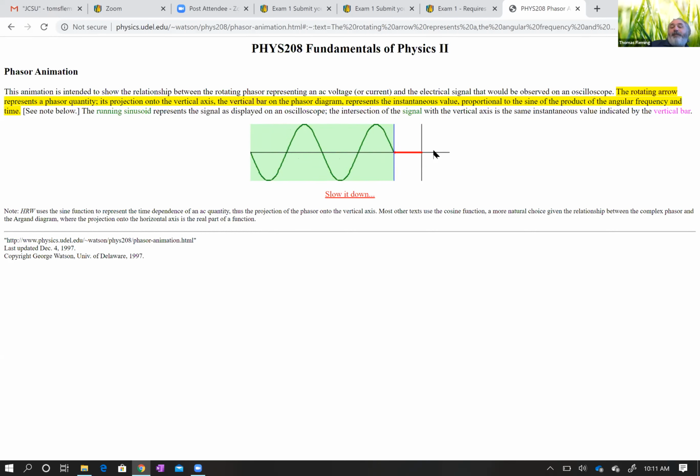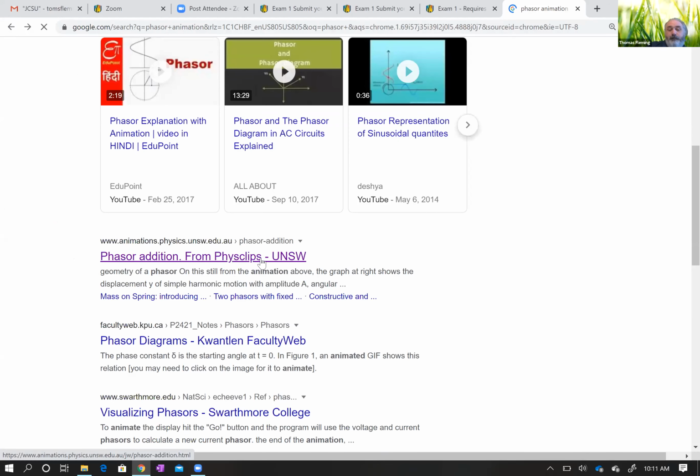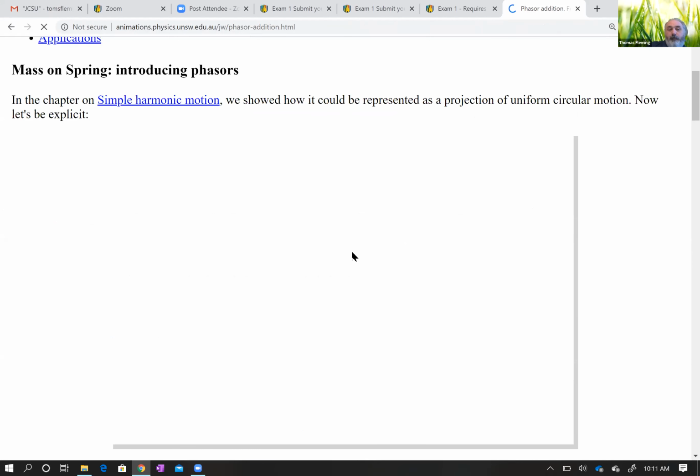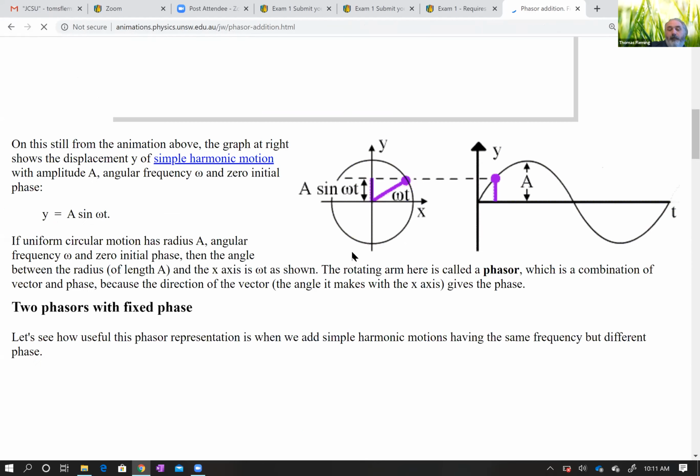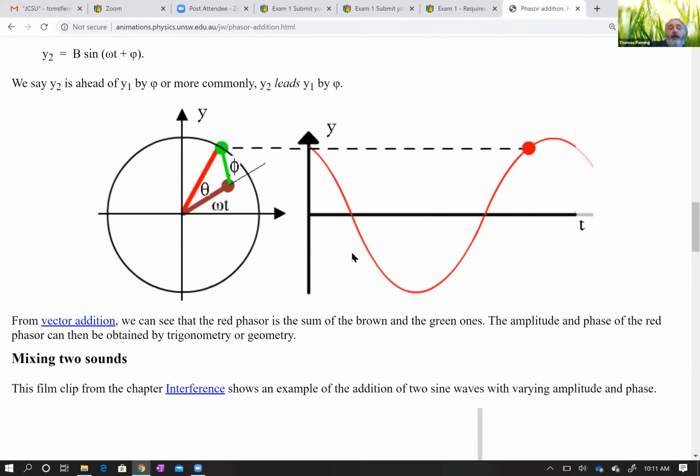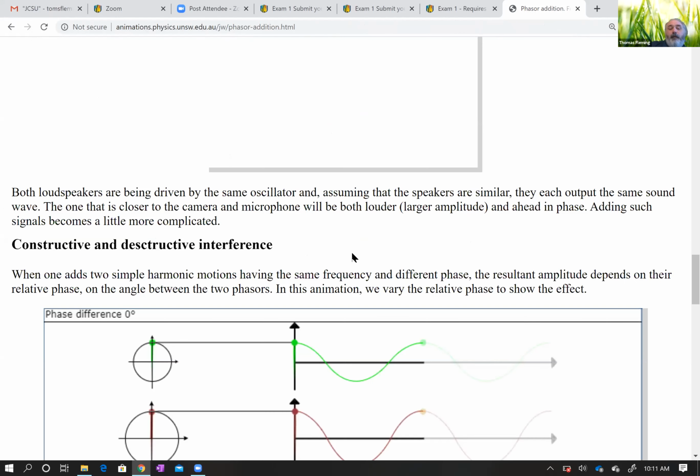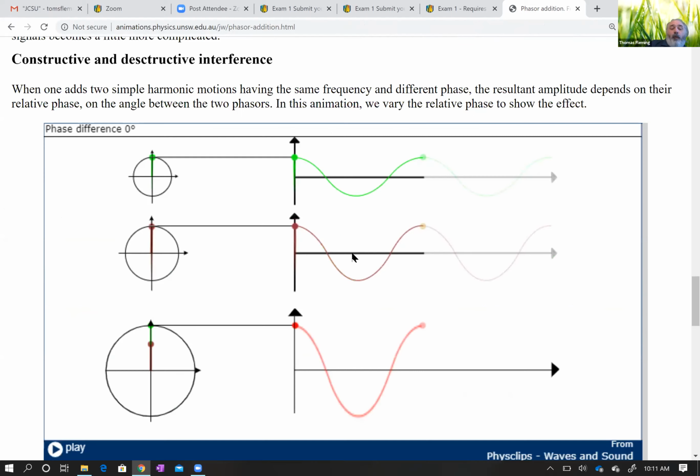But remember, what's going to happen is the phase of each of those is different. So if I go back to these phasors, what's going to happen